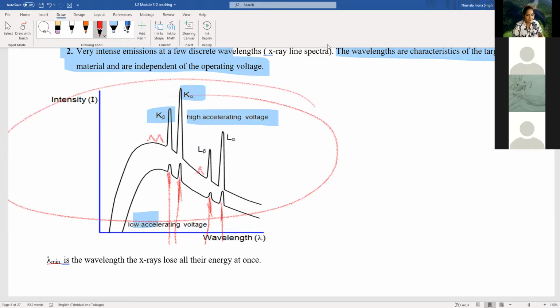All right, and please note that once we have enough energy to cause an X-ray to be emitted,